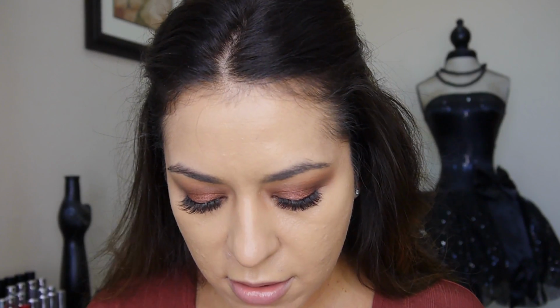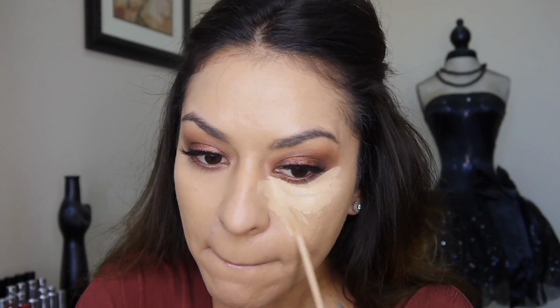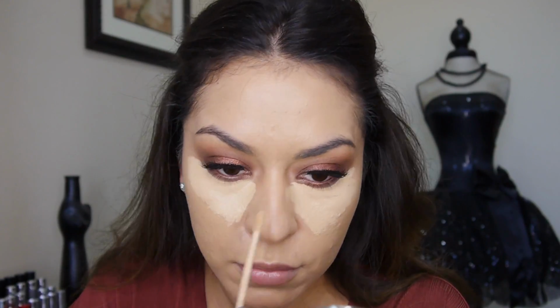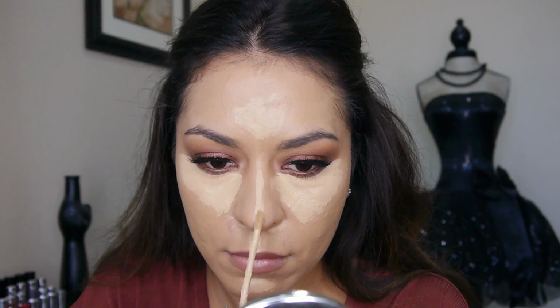And now I'm going to go back to the face. I'm using my NARS Radiant Creamy Concealer. This is in the shade Custard. And I'm just going to use that to conceal and to highlight throughout the high points of my face. I'm basically just taking this to my under eye area to help conceal and highlight, and then I'll take it down the bridge of the nose, the center of the forehead, center of the chin, Cupid's bow, and a little bit around my nose where I tend to get a little red, and then blending everything out with my damp